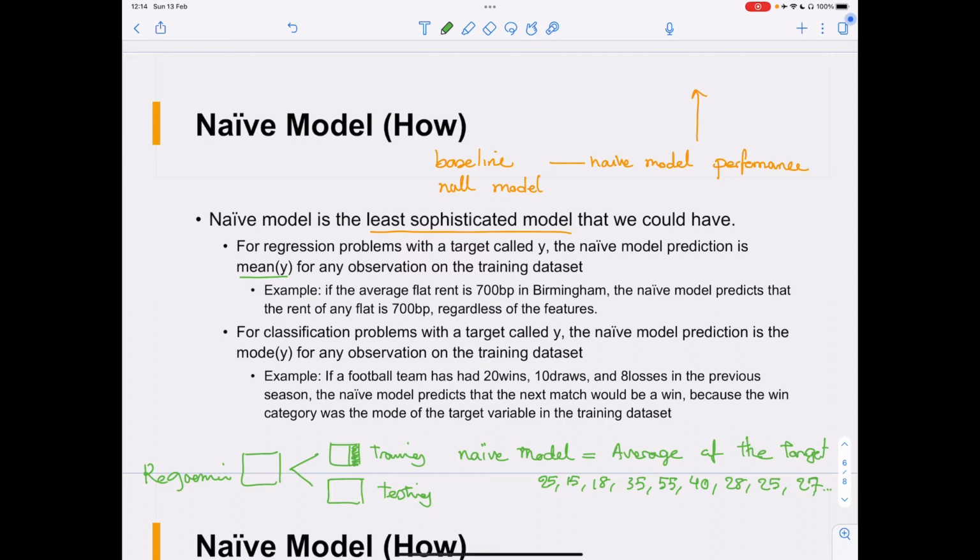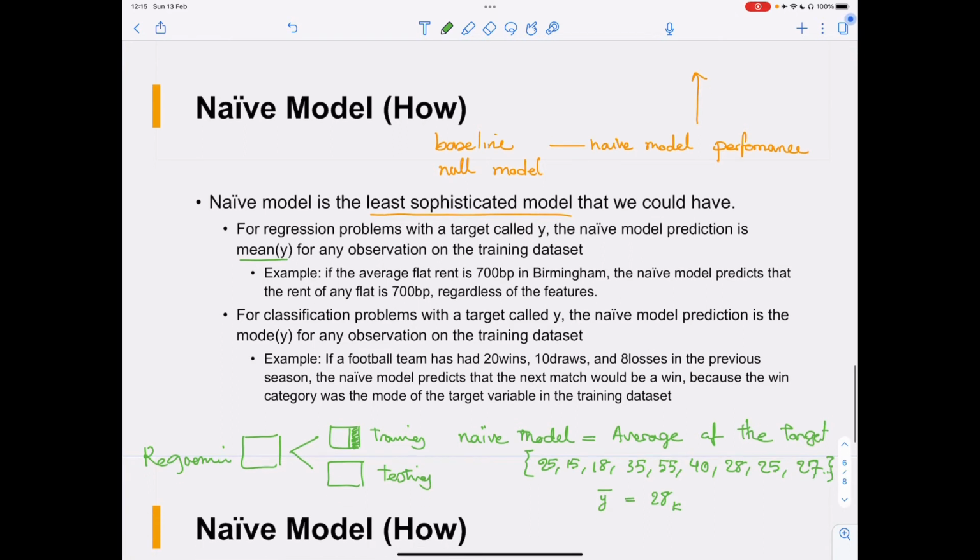So the naive model says, okay, I don't care about predictors. I'm very simple, and I'm not sophisticated enough to look at the predictors. I only look at the targets. What is the average? And we say that the average is 28K, let's say. So this is the average of the target, 28K. And the model is like this. It says that, okay, any new case that you give me, my prediction would be 28K, regardless of the determinants